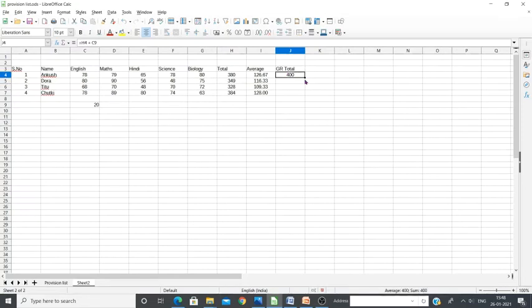Let me copy the formula here. Do you see any changes? Total 349, here also 349, 328, 328, 384, 384. No changes have happened, right? But in the first cell, 380 plus 20 is equal to 400.